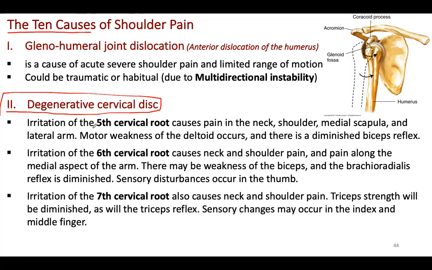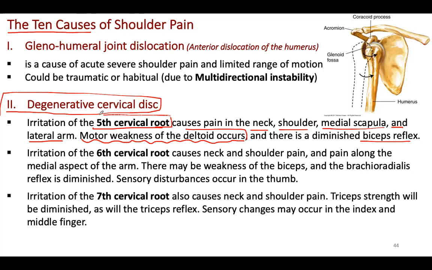Irritation of the 5th cervical root causes pain in the neck, shoulder, medial scapula, and lateral arm. And this is very important. It causes motor weakness of the deltoid muscle. And there is diminished biceps tendon reflex. This is extremely, extremely important to know. Every root